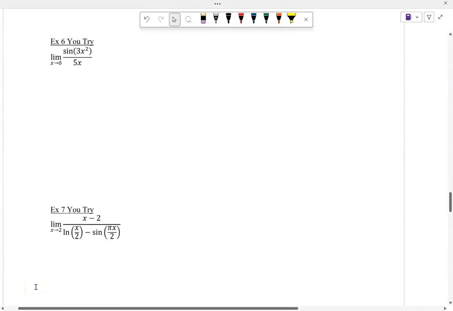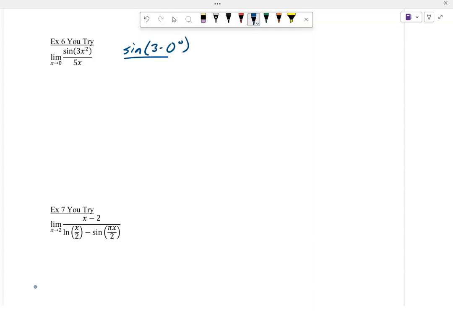Let's keep going. Some other good "you try it" problems. If you want to pause the video, that'd be wonderful. Try these yourself first. Here, if we go ahead and plug it in, notice we got a sine of 0